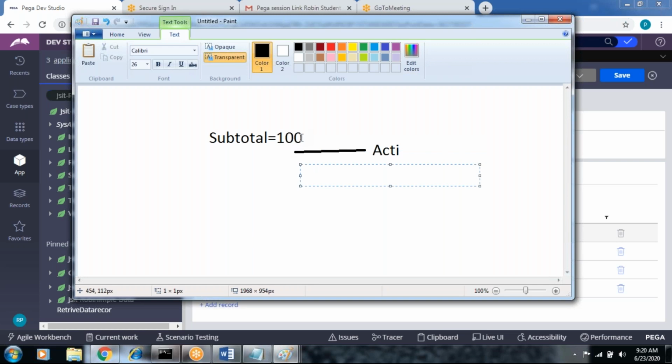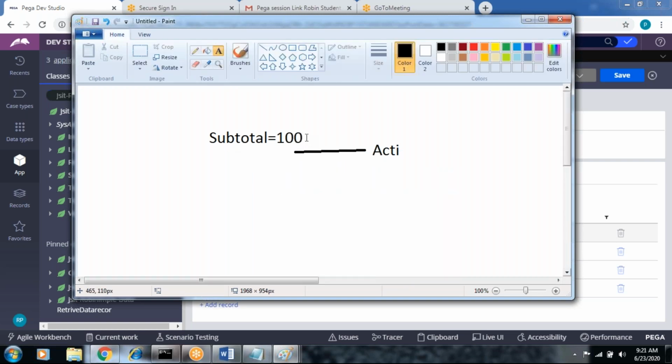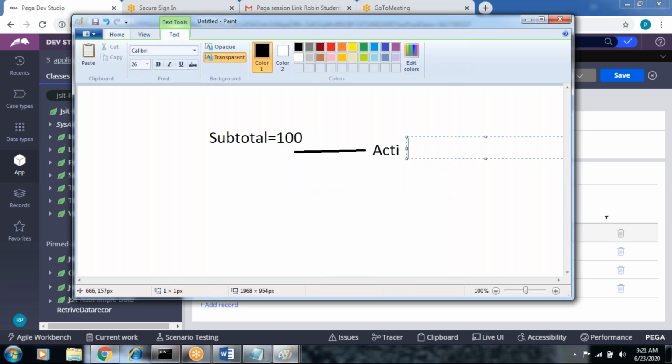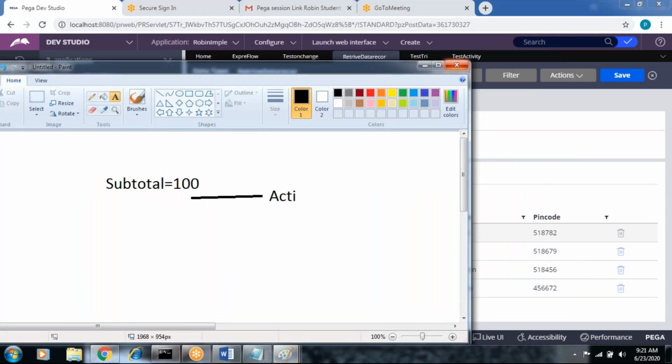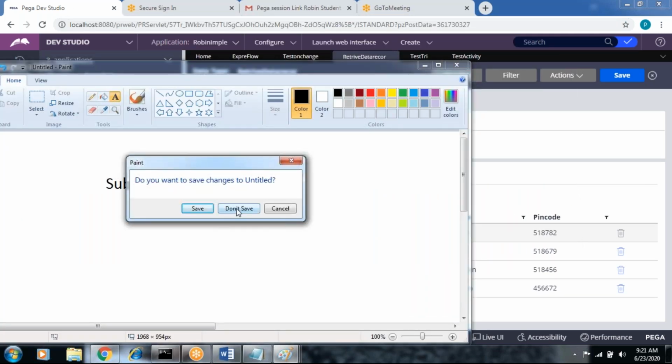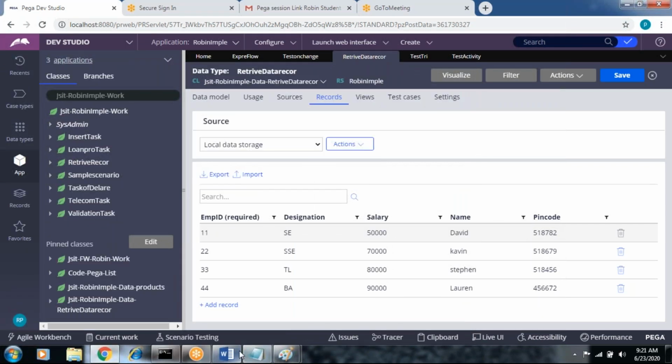Got my point, right? Whenever subtotal equals 100, open the tracer and observe whether that activity is executed in the backend. This is a trigger for the work class. Just try it. But most probably the trigger rule can be used for the data class only.